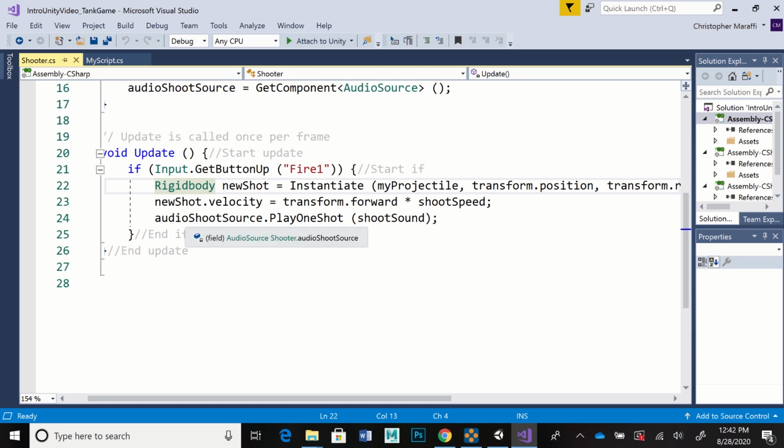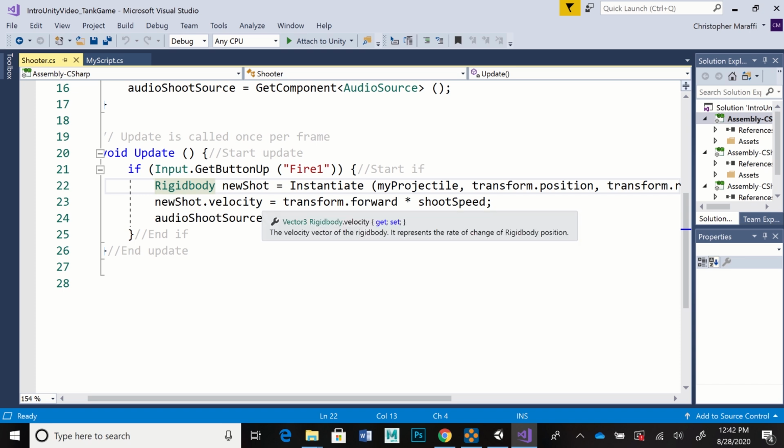And then it takes that and it uses a dot velocity to transform it forward. So dot velocity is built into rigid bodies, and when you tell it a direction like dot forward, which is actually positive z inside of Unity, and you multiply that by some kind of number,